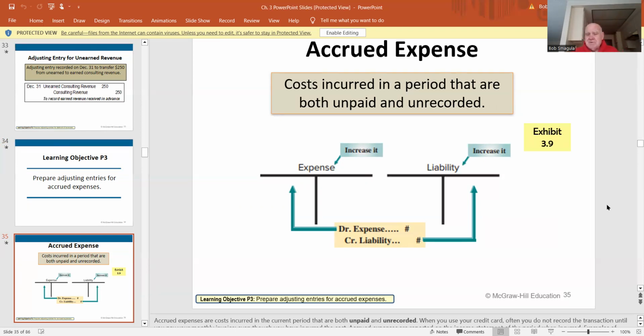Well, we're going to learn a couple things. How about the month ends and we're looking at our trial balance and we see we don't have any utilities expense? Well, how can we have any expense? We haven't gotten the electric bill yet, nor is the bill going to come probably until the middle of the next month. We can't wait 2 weeks for the electric bill to prepare the financial statements. So we're going to have to estimate.